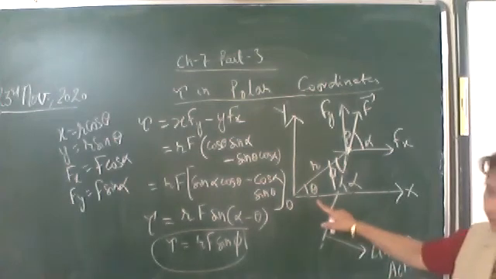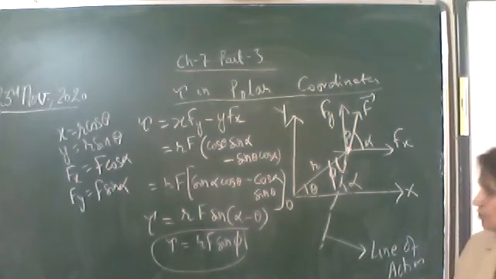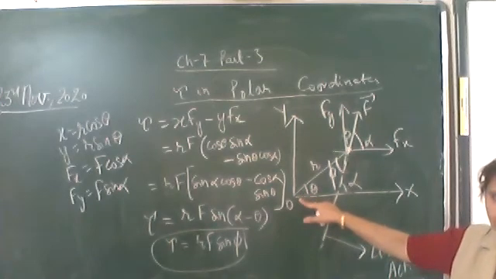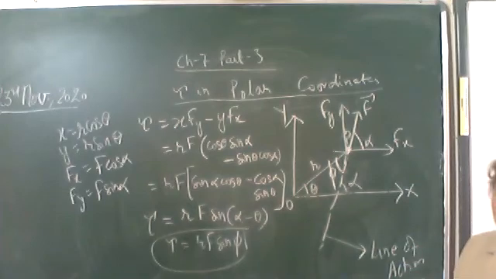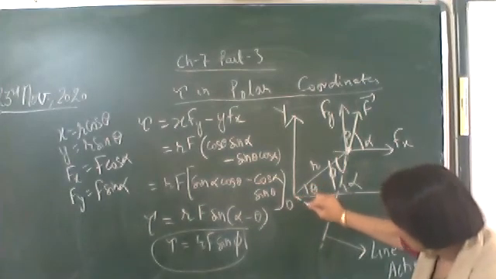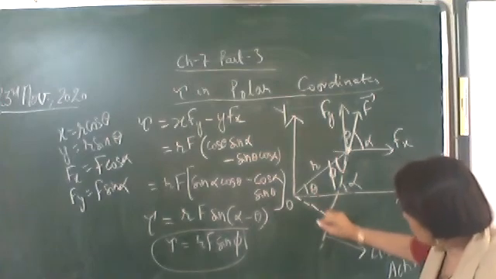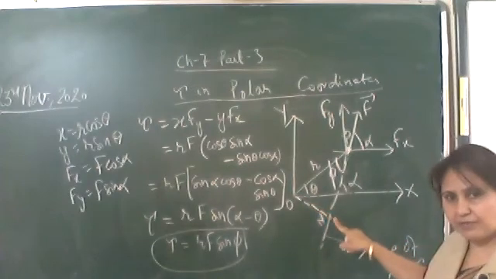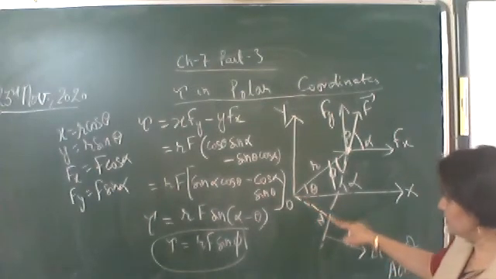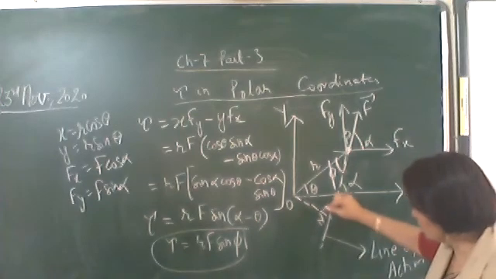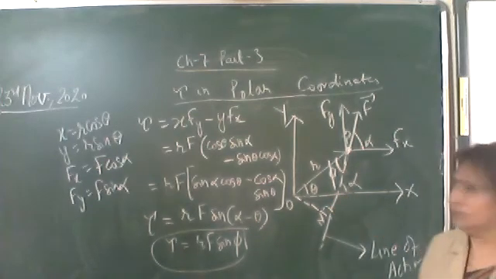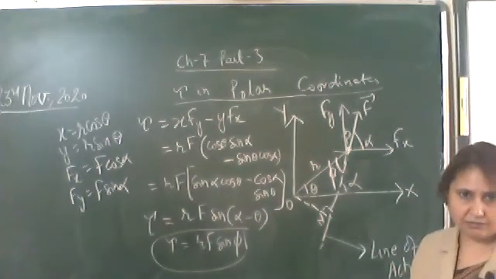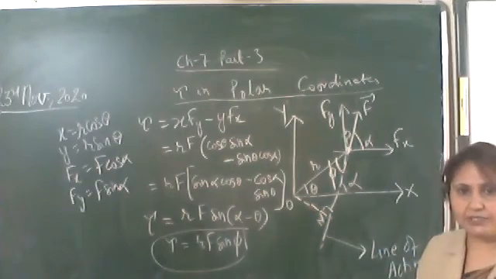Now in the same figure, we'll draw one perpendicular from the origin. This is the axis of rotation. From the origin to the line of action of force, we draw a perpendicular. Let ON be the perpendicular which we have drawn from the origin to the line of action of force. So this angle is equal to 90 degrees. So triangle ONP is a right angle triangle, because we have drawn the perpendicular over here.